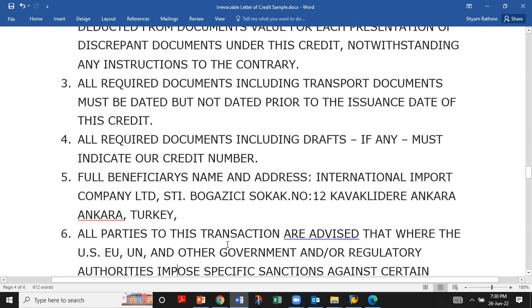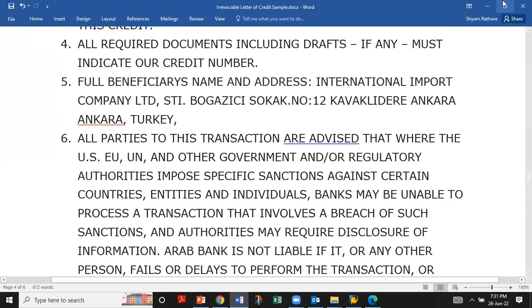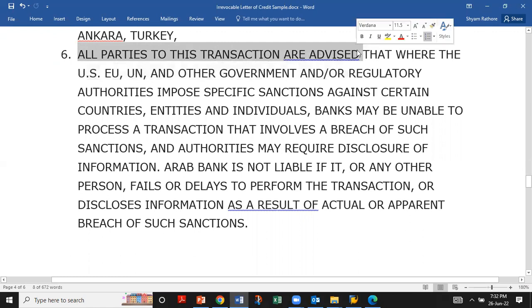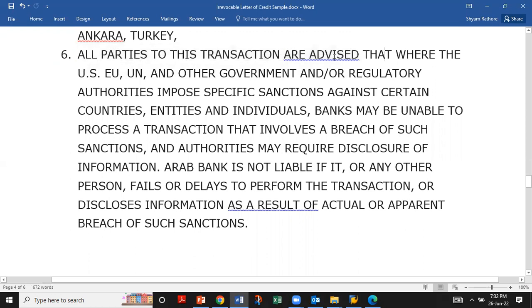Now point number 6. If we discuss point number 6 here, all parties to these transactions are advised, okay. So the applicant bank is advising all parties involved in this transaction that where the United States, European Union, United Nations and other government or regulatory authority impose sanctions against certain countries and entities or individual banks,